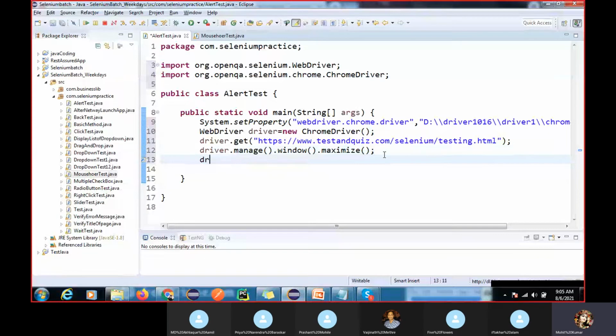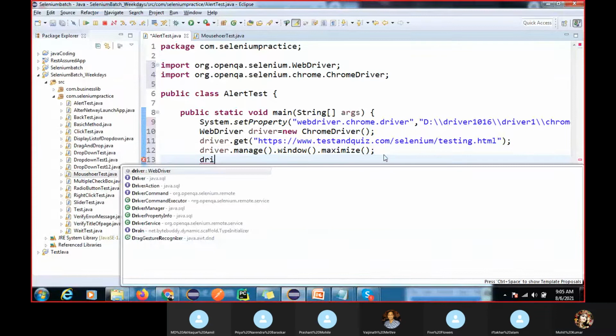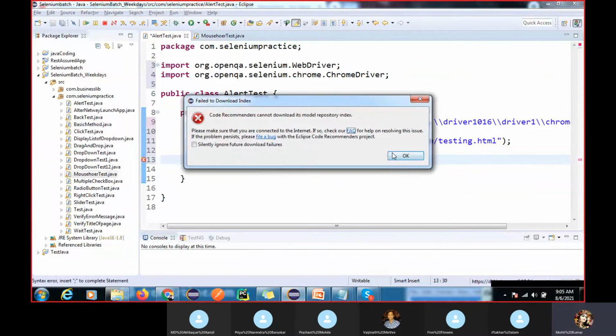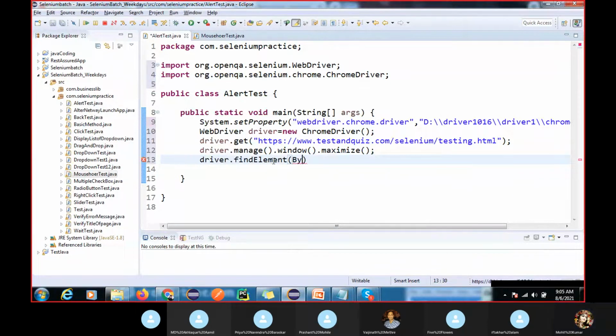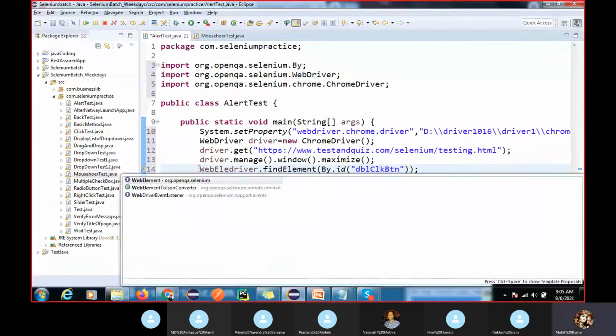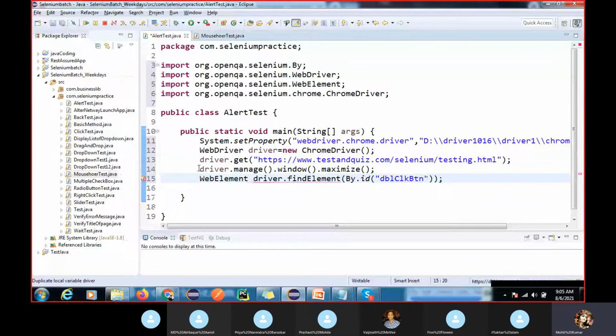So driver dot find element by dot id. Okay, and it will return the web element, because I will use the Actions class to perform the double click operation.